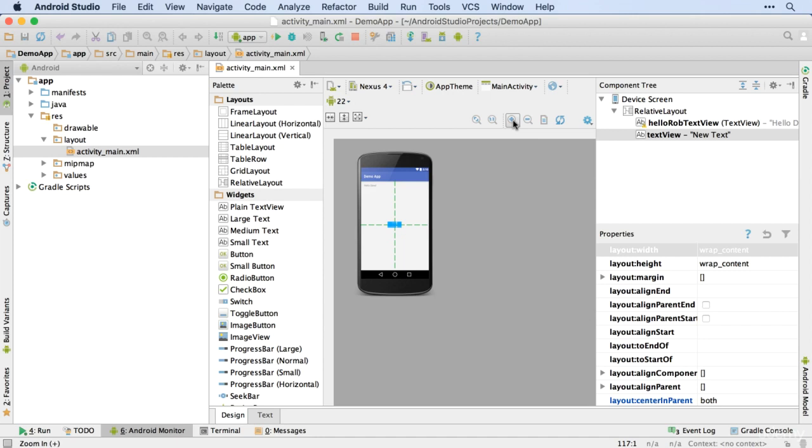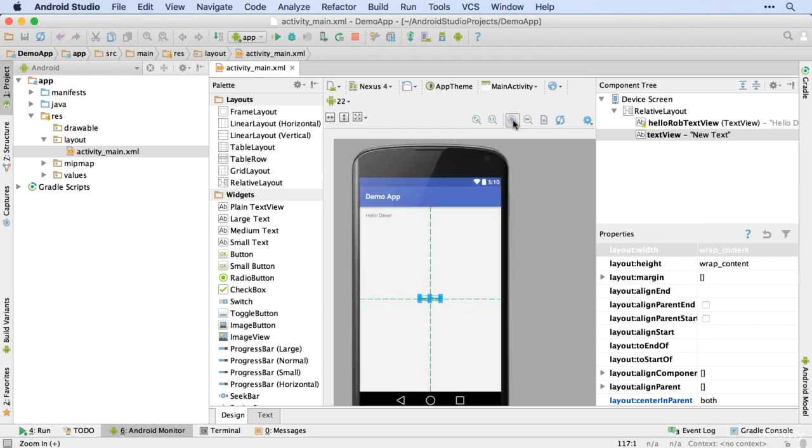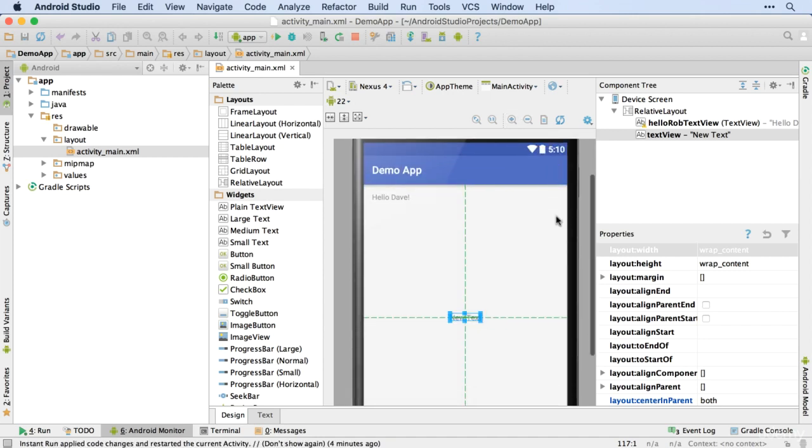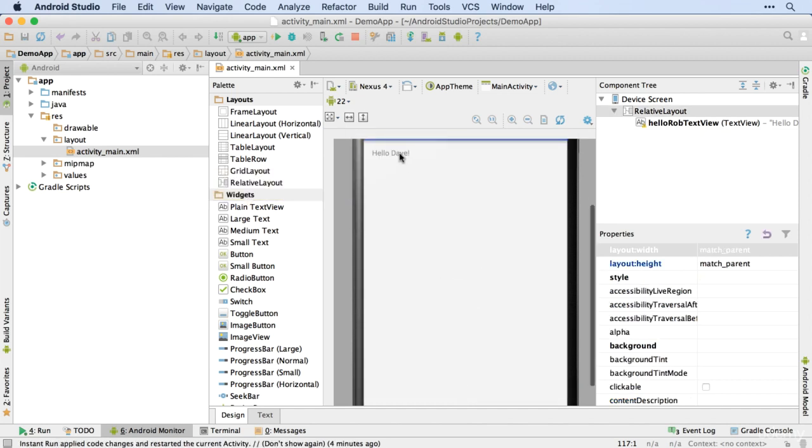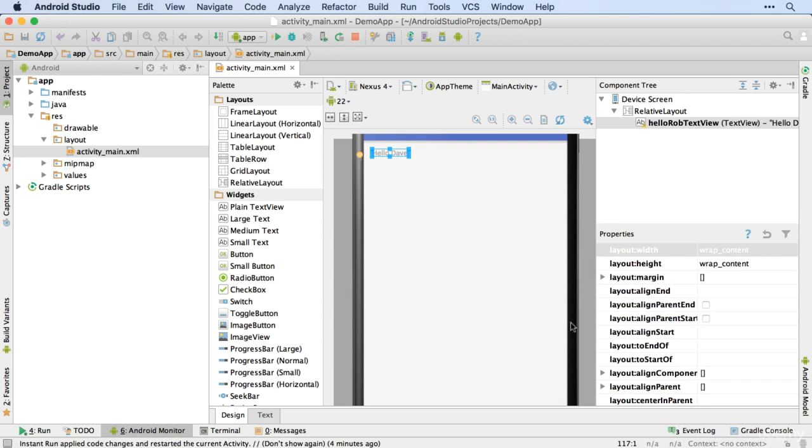So that's very simply how we can change the layout of our app when we're dragging in new widgets. We'll see that in much more detail later on as we build more complex app layouts. For now though, let's get rid of that text view and go back to our Hello Dave as it is now. And when you want to customize a widget, it's this properties area that you're going to be spending most